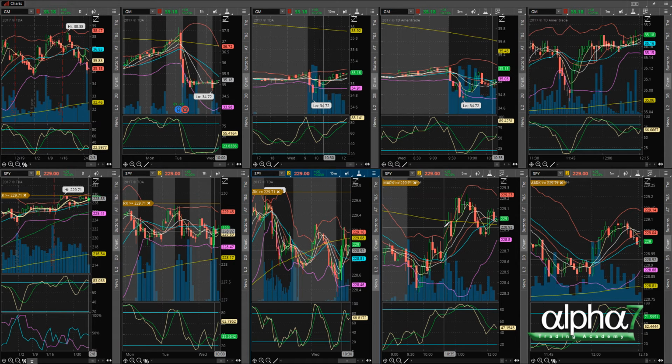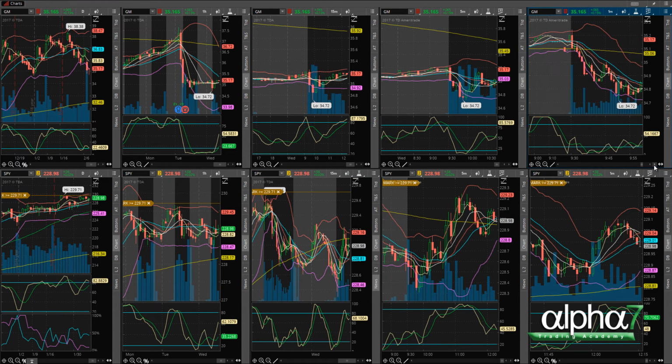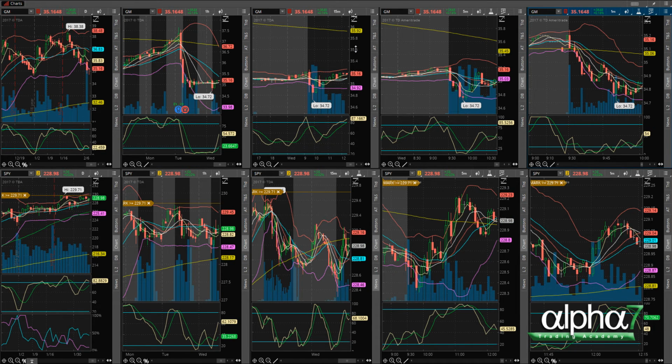So the first trade we took was GM. I called it out in the room about 5 minutes earlier than when it triggered. It triggered at 9:49. So let me put these charts back here so we can go over this. The reasoning behind this setup alert was based on the 1 and 5 minute chart. The 15-minute chart and the 60-minute chart didn't really have much value, although the 60-minute did have a possible continuation to go lower